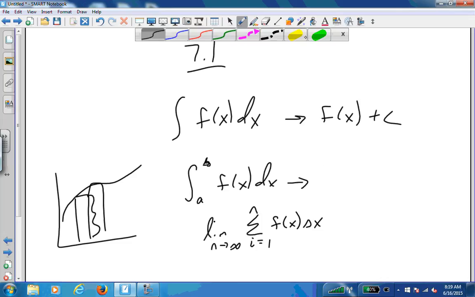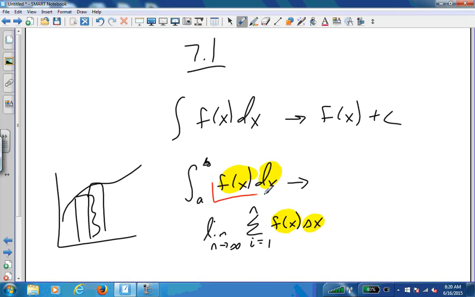And in terms of integration, f of x was still f of x, and delta x became dx. So when we're doing a definite integral, we can think about adding up whatever this is. For a lot of the examples, we're going to be adding up basically little rectangles. Sometimes we're going to get into adding up three-dimensional figures like a disc or a shell. Sometimes we're going to add up